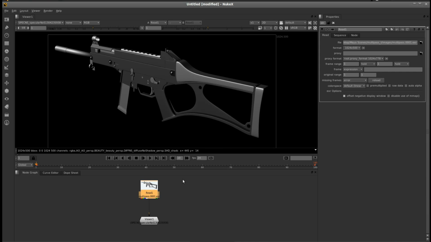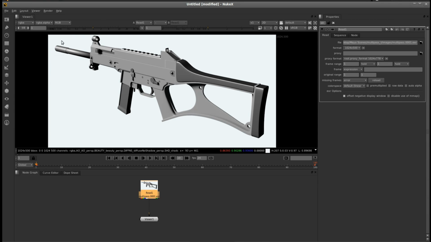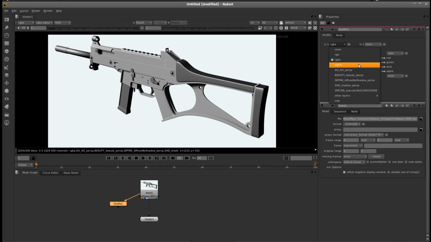So the first thing I want to do is split all these passes out from this main file. So I'm going to change my viewer back here to RGB alpha, and I'm just going to create a shuffle node. I'm going to connect this to our image here. Just drag it along, you'll see it connected, and I'm going to double click it. And basically I'm going to select for the first one the diffuse,